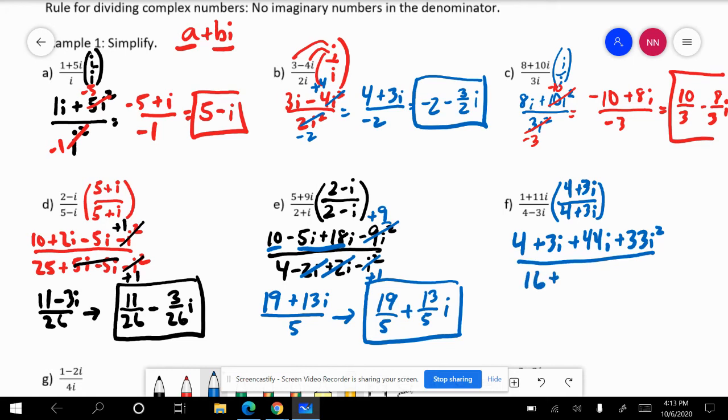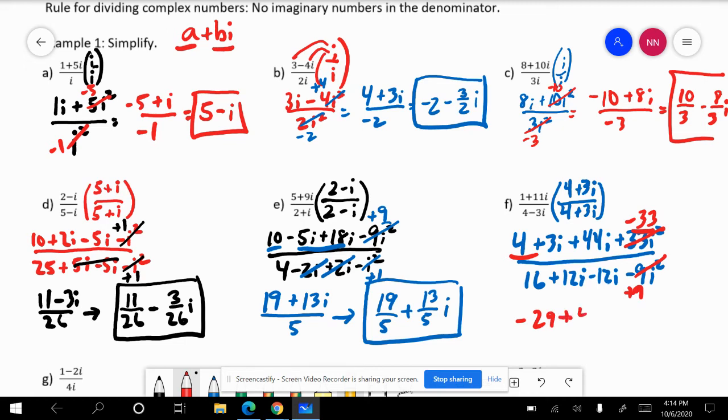That gives us positive 12i. When we multiply, we get negative 12i. And our last one, negative 3i times 3i is negative 9i squared. Once again, i squared is negative 1, so this is negative 33. This is positive 9. So when we're looking at our numerator, we have 4 plus a negative 33, which gives us negative 29,